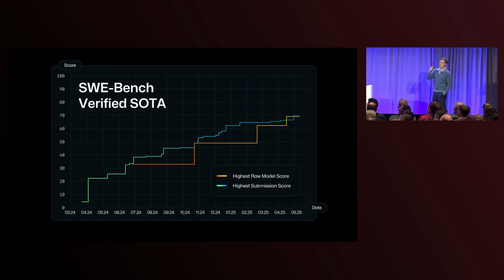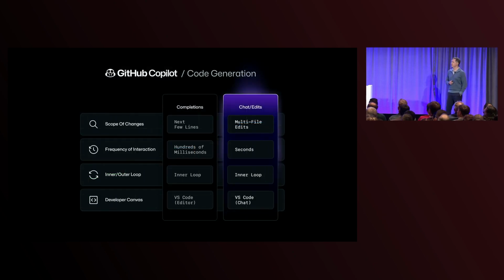Every few weeks, we're seeing this increase, both because of improvements in models and because of improvements in the agentic technology that we're building. And so this fundamentally changes the nature of the products that we can build, right? Instead of us being able to get a correct answer 25% of the time, we can get a correct answer 75% of the time. Now we can give you a lot more capability in the agentic tools that we provide.